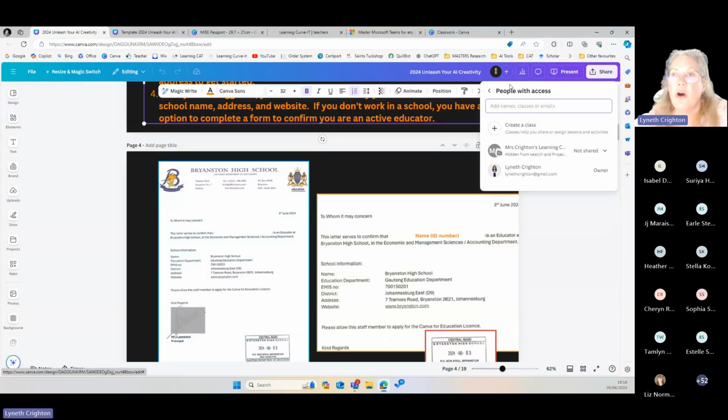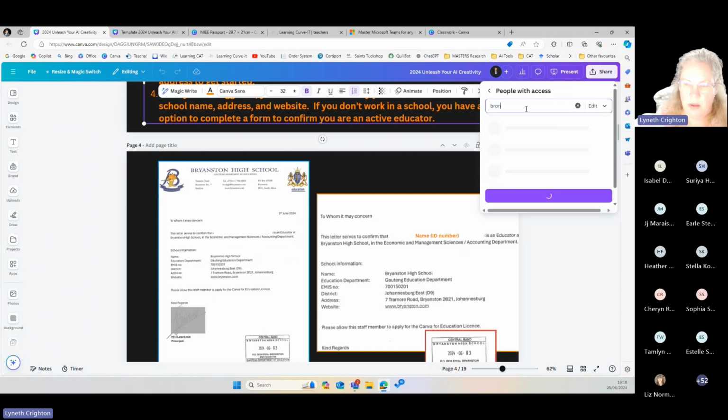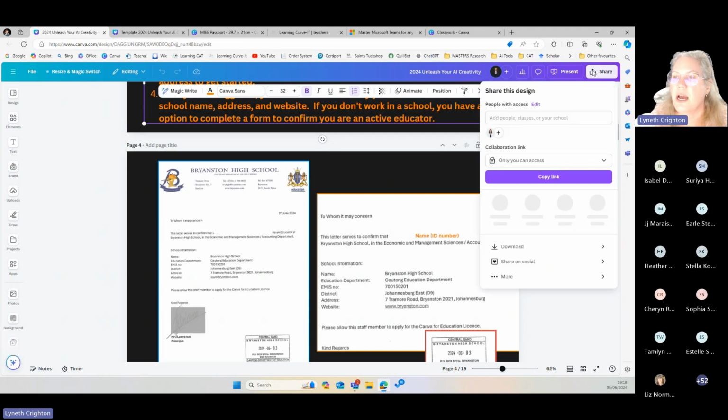I can click on plus, and I can send it to somebody. I saw Liz there. I can type in an email address. I can send them a link. And if I go to share, I can send them a link and they can edit it.